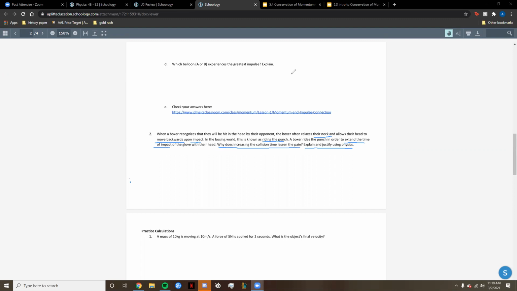So I think I got this wrong. This was a little tricky. This messed with my mind. But I said this: by extending the time of the impact of the punch, by riding the punch and extending the time of impact, it would